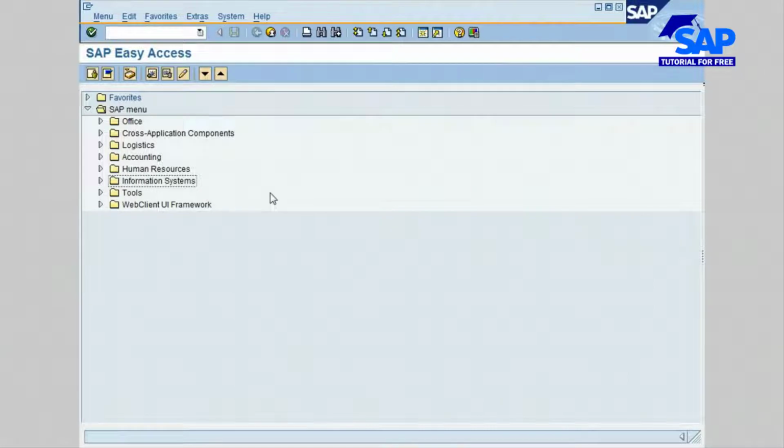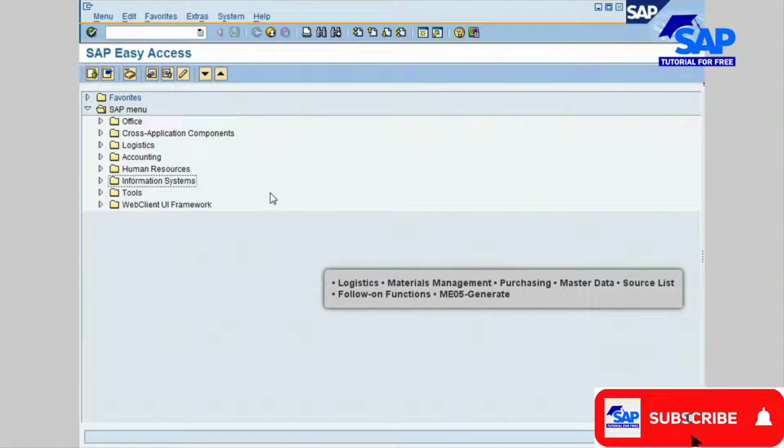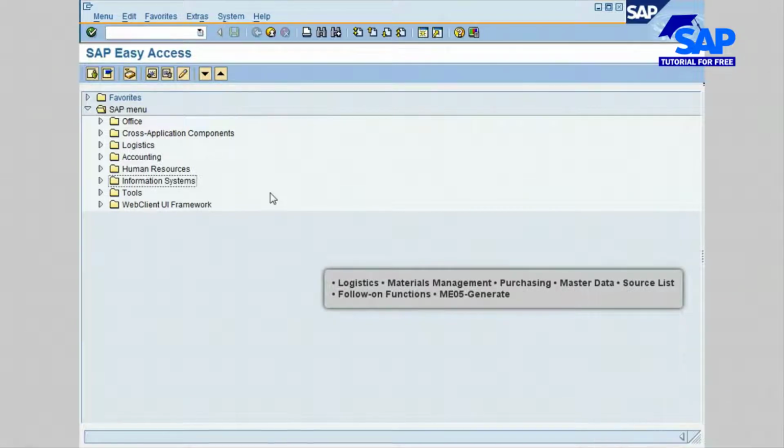Hello, in this lesson I will show you how to generate a source list using transaction ME05, which is used to generate a source list for a material or a range of materials instead of doing this process manually. So let's begin first by going to logistics,